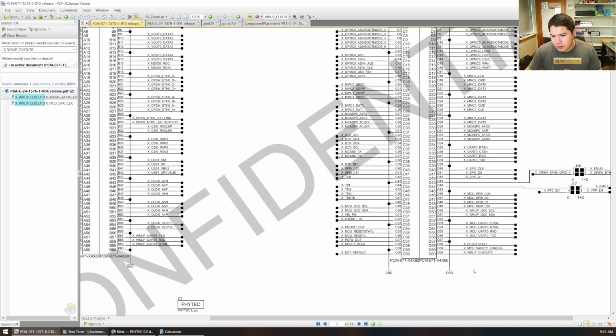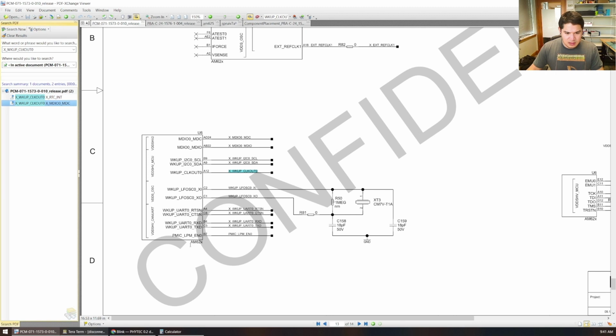The name, and it's the same name in this case. Continuing on, so it appears here at the SOM connector and then straight out of the AM62 processor here at the reference designator U6. So that's a good sign. This signal is essentially brought straight out to that expansion header, and it's not being used anywhere that, as far